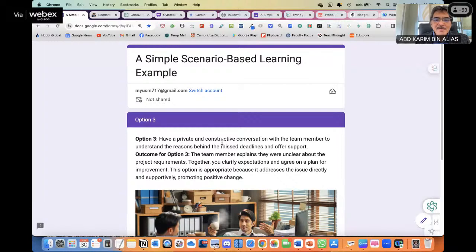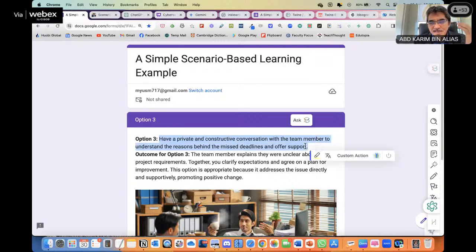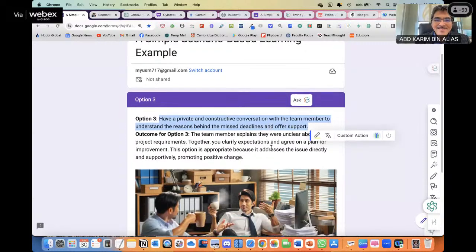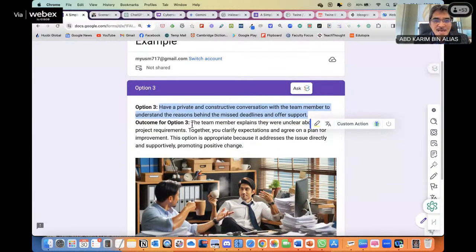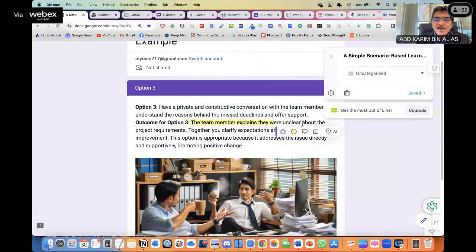Option 3 was to have a private and constructive conversation with the team member to understand the reason behind the missed deadline and offer support. So this is one-to-one, going straight to the problem, straight to the person, having a heart-to-heart talk. By doing that, the outcome is the team member explains they were unclear about the project requirements.